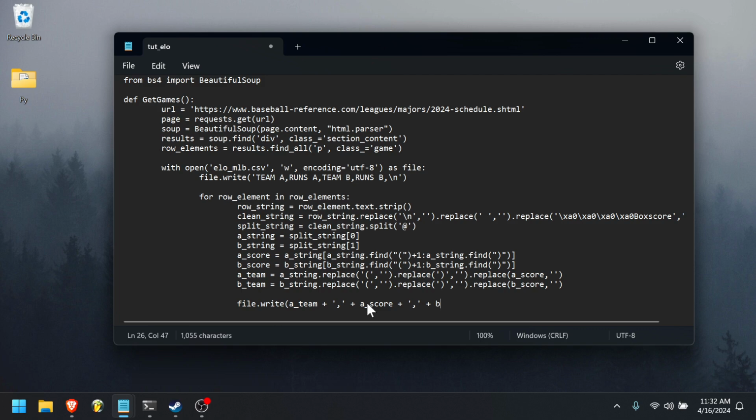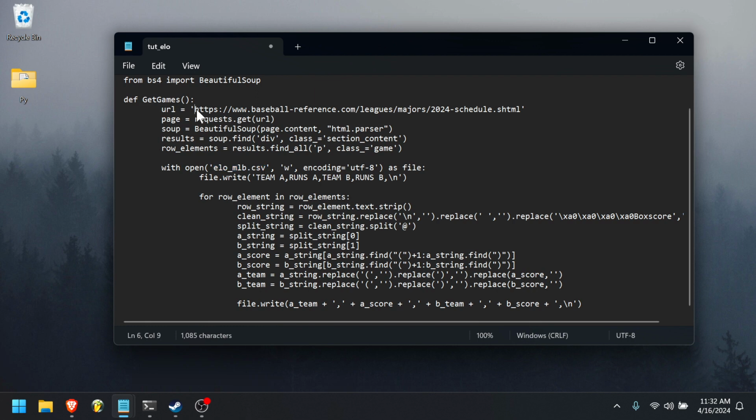We're going to say plus B team plus comma, and you guessed it, plus B score plus not just a comma, but a comma and a \n to create a new line. And that will create our file for us that we called ELO MLB CSV, and that will have all of the